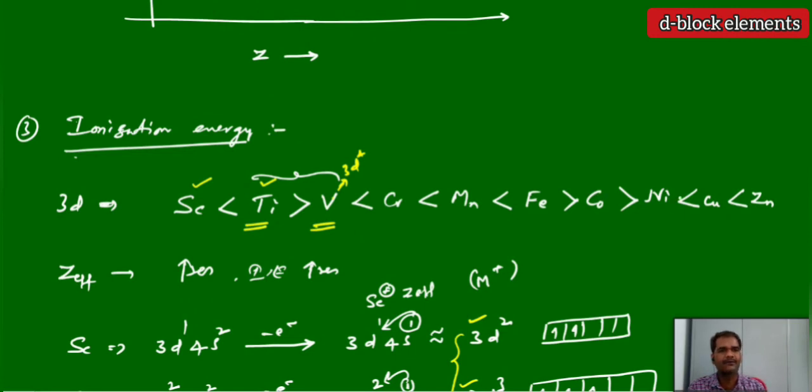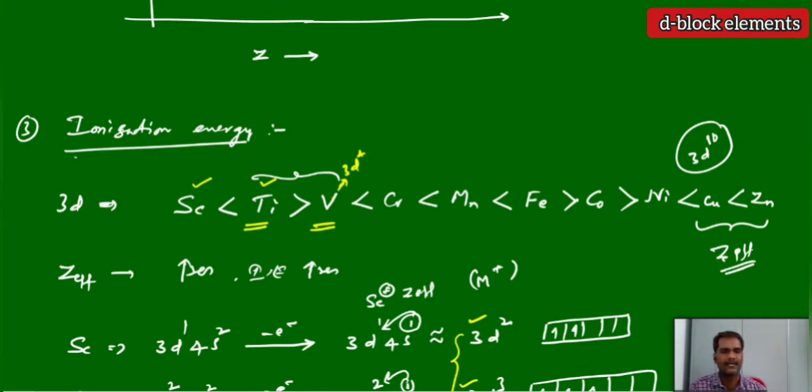Iron, again from cobalt, nickel, the exchange energies increase like in the case of vanadium. That is why again the ionization energies decrease compared to the preceding element. When you come to copper and zinc, again there is no effect. Why? Because they already have a completely filled d10 electronic configuration. Here the only dominating factor is effective nuclear charge, and effective nuclear charge increases the ionization energy.